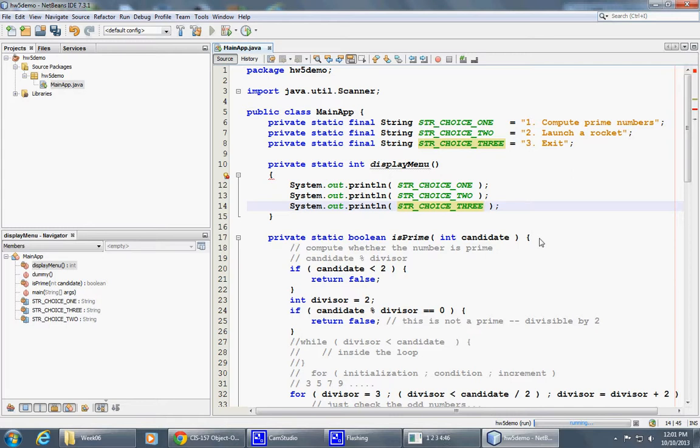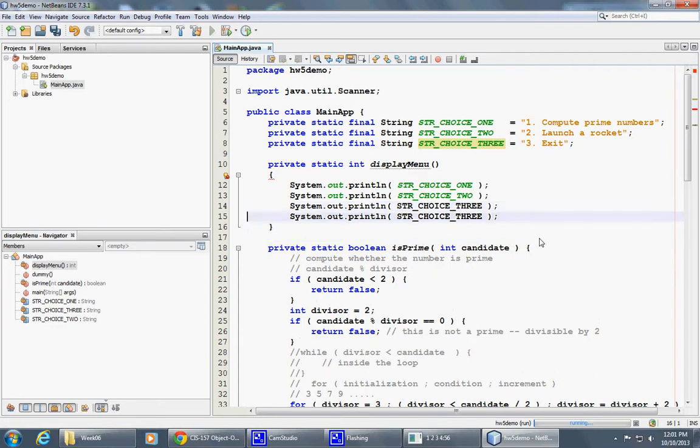Again, I can optimize a little bit more in the future, make things better, but at this point I'm just thinking about the most simple and straightforward approach. And then I can, of course, print prompt. How about that? And I could use another string, this time not a constant, not final, but just a prompt,